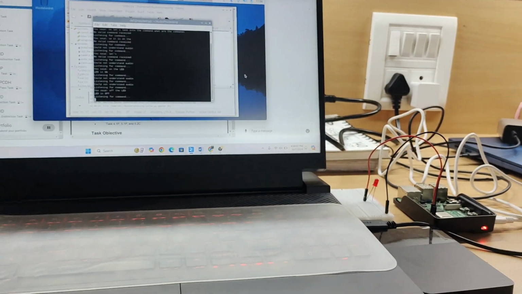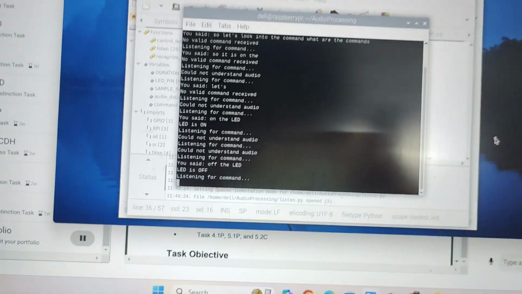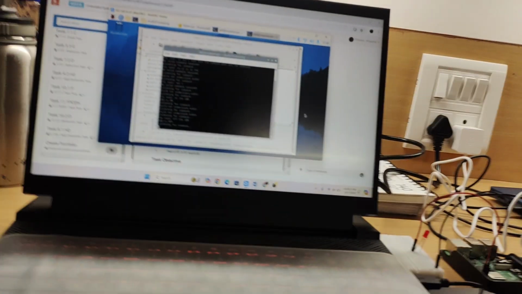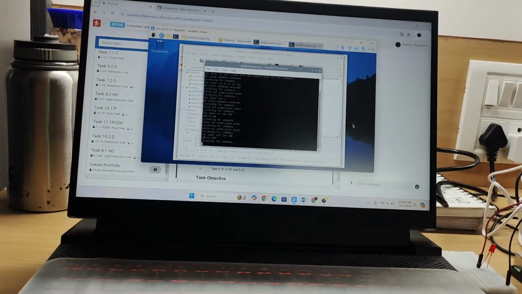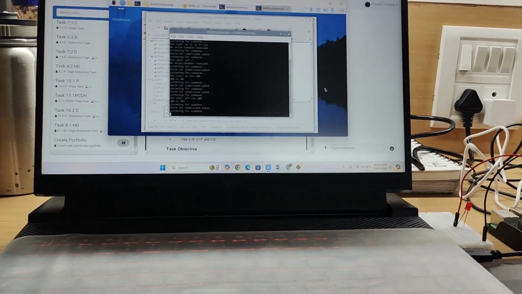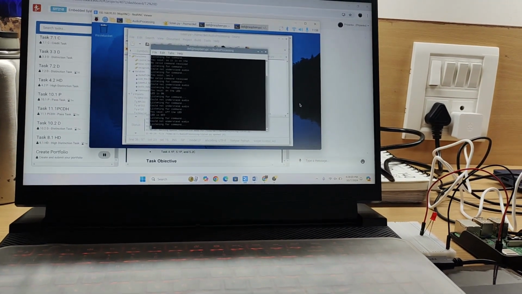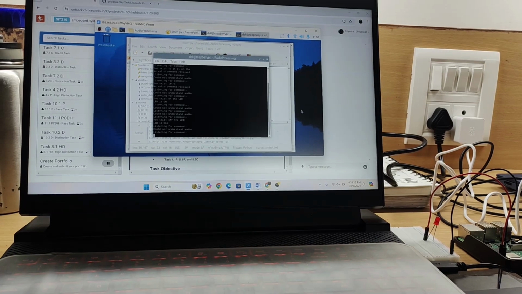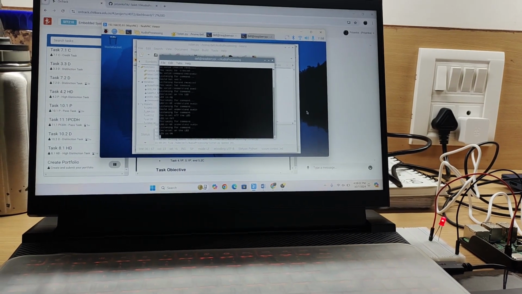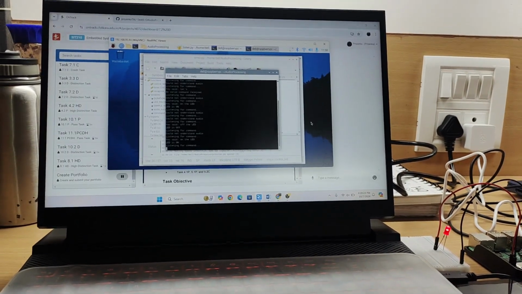So it has registered off the LED. And just for my sake, to check whether it is working or not, let me say something. On the LED. So there you go, it has turned on the LED. Thanks for